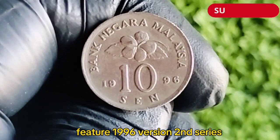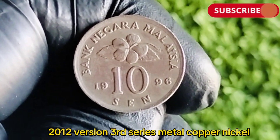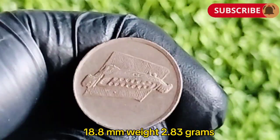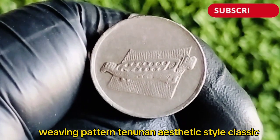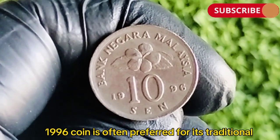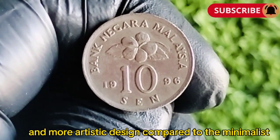Feature: 1996 version, 2nd series; 2012 version, 3rd series. Metal: copper nickel; plated steel. Diameter: 19 mm; 18.8 mm. Weight: 2.83 grams; 2.98 g. Edge: milled; plain. Design motif: hibiscus and wau bulan; weaving pattern tenunan. Aesthetic style: classic, artistic; modern, simplified. The older 1996 coin is often preferred for its traditional and more artistic design compared to the minimalist